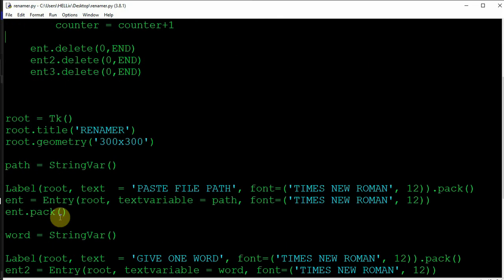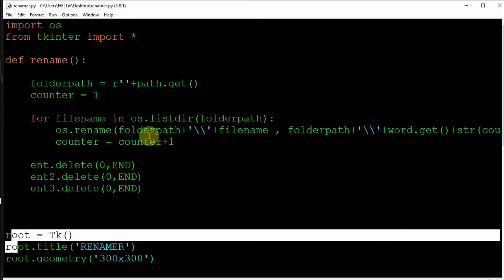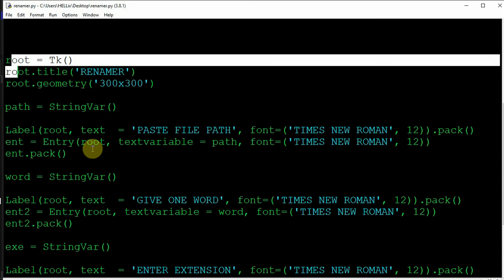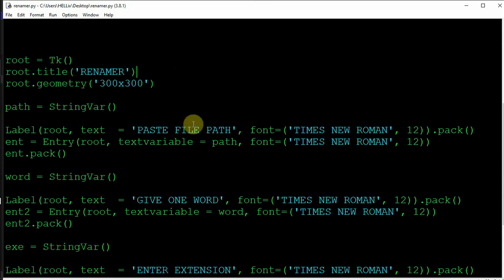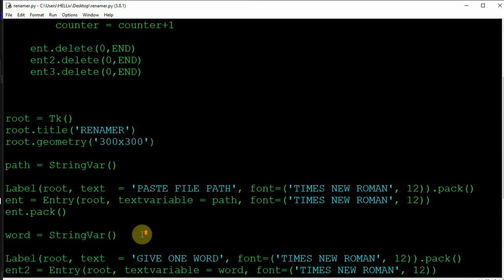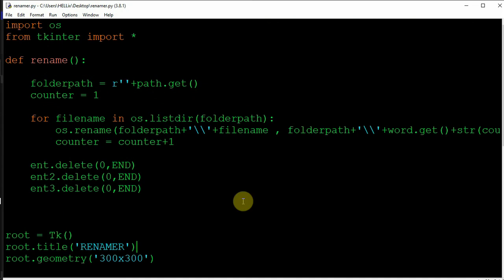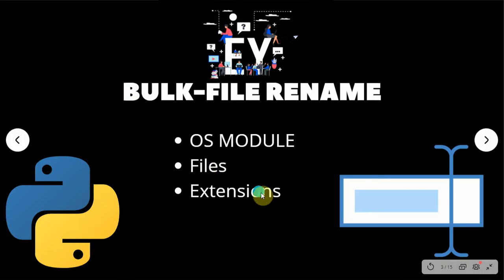Then we created a GUI over here. This GUI is taking three values. This StringVar is taking the values from the GUI and sending them to this function. So it's easy. If you don't know what we are doing over here, you can check out my GUI registration form. Over there I have explained all these things very deeply. Otherwise you can just see how we are sending the stuff from here to here, the folder, and we are renaming every file. So quite clear. This button is pressed and everything is renamed. So we had the os module with us, we used files to rename, and we had an extension as well.